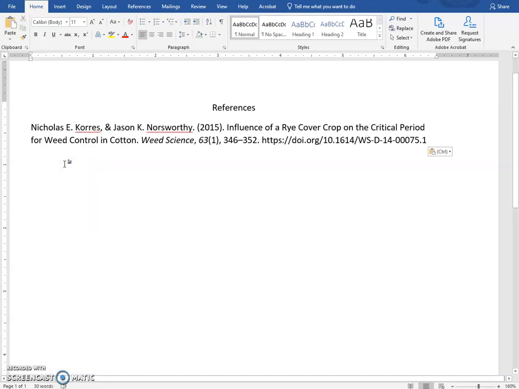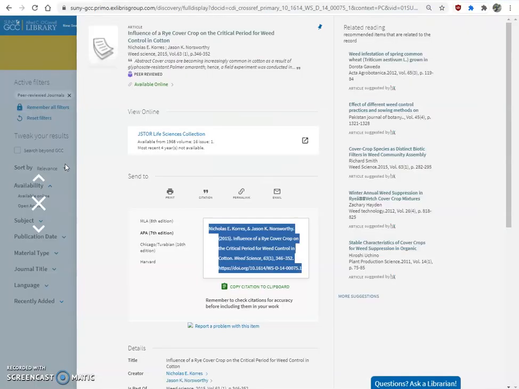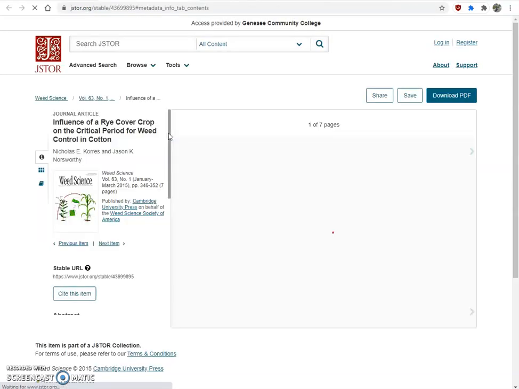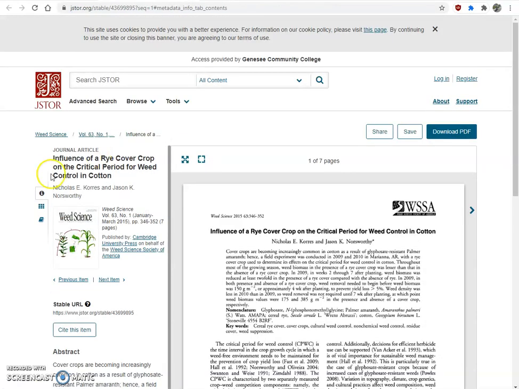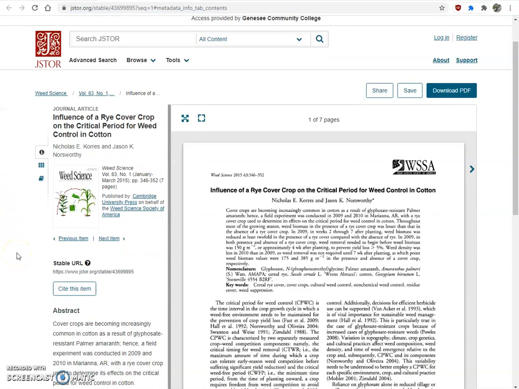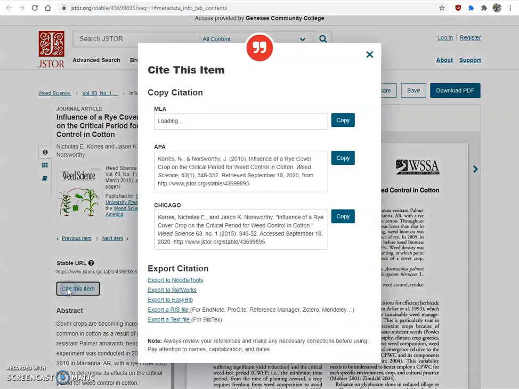So here I have a citation. And I'm going to go back to where we were, because you'll notice this was something I could get to from one of the library's databases. So I'd like to show you what it looks like when I'm in a database, what a different citation tool looks like. Again, every database just about these days has their own options, so you're looking for the word cite or citation. You have to look around. They're in different places in all the different databases.